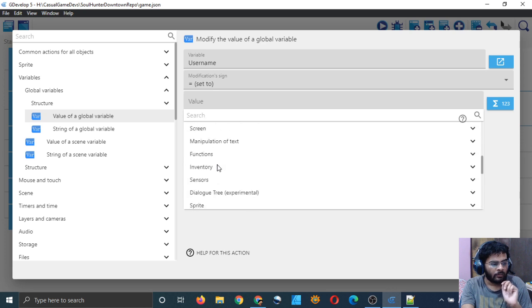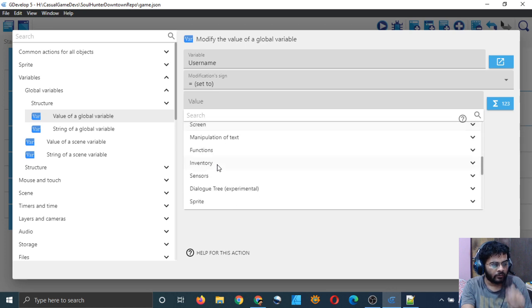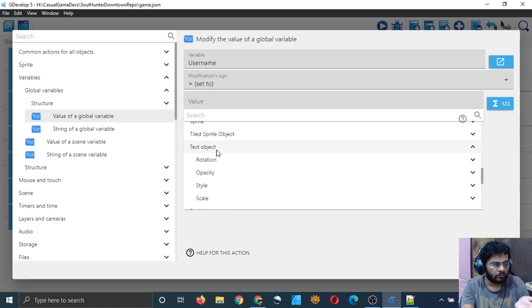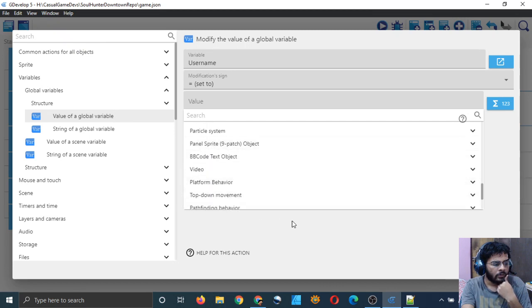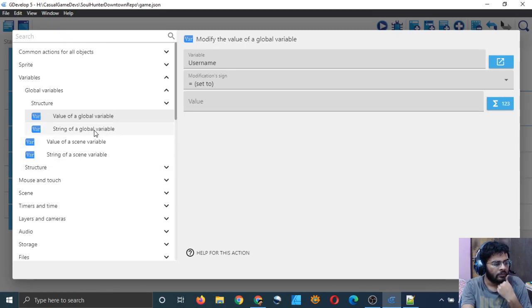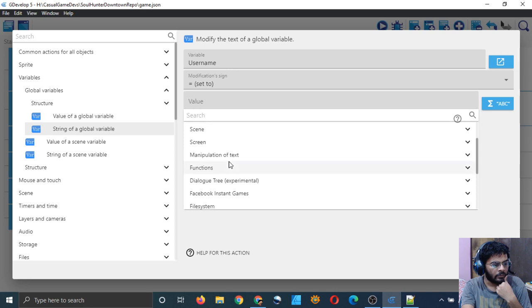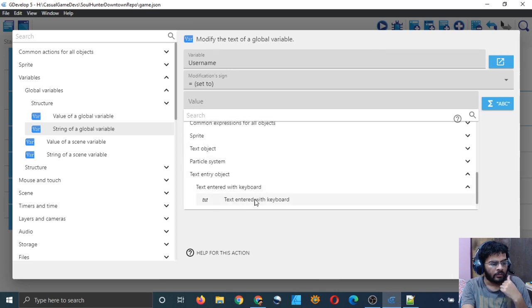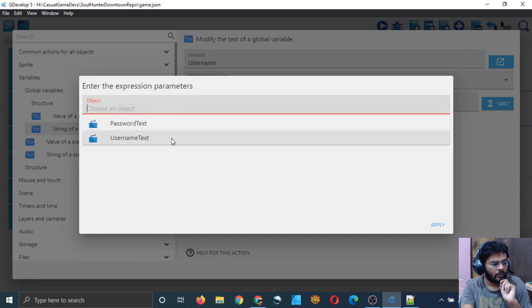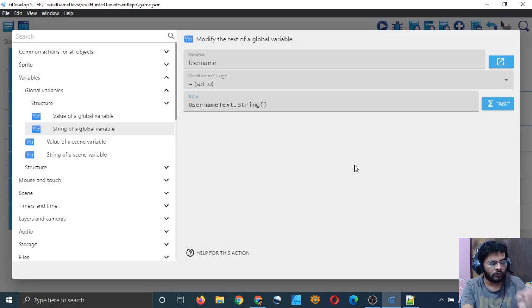So I think I will have to take the value of a text object. Rotation, opacity, style, scale. I cannot take the value of a text. Let me see if I can change the string of a global variable with the text entry object. Yeah, I can. Text entered with keyboard. Username text. So that's good.